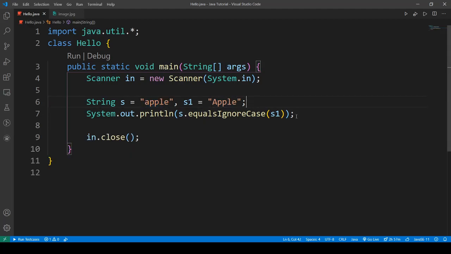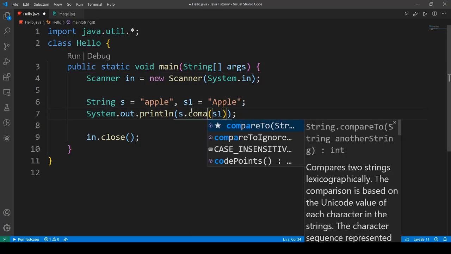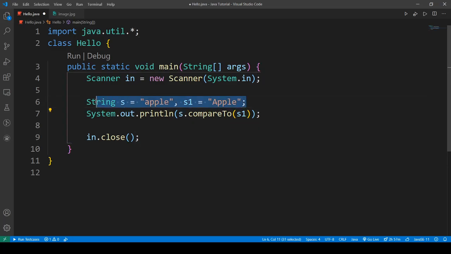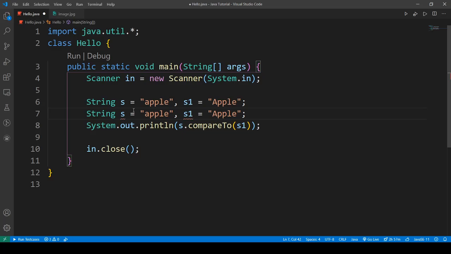Now the next method which we'll learn about is compareTo. I'll make two more variables here. Let's say mango here and banana here. So I'll compare mango with S3.